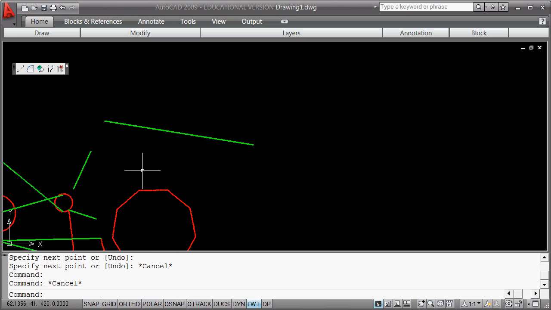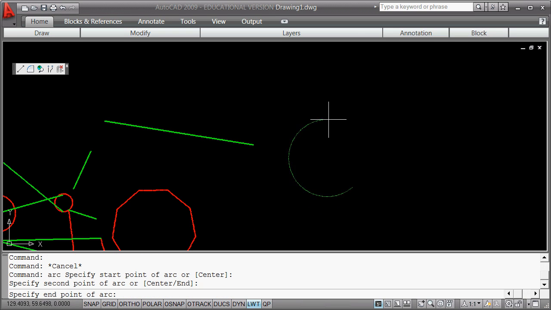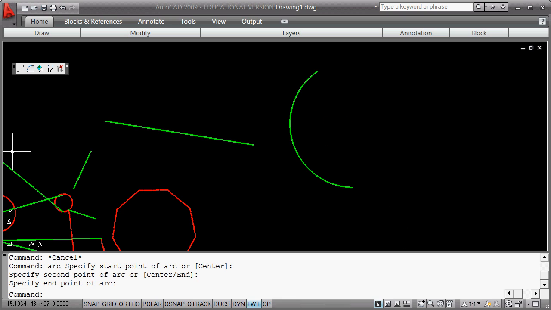Try that again. I've got a circle. Now I'll put an arc in. You can type in arc, or more likely, you're going to go to here, center point of arc, second point of arc. Go with an arc here, and I'm going to go ahead with line